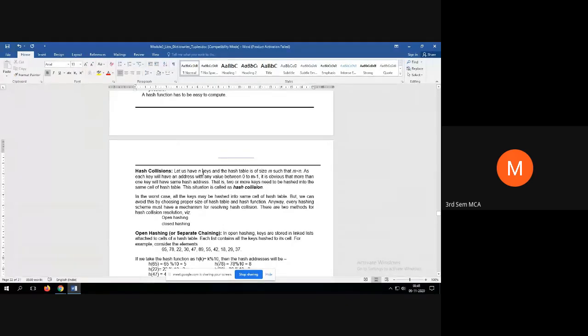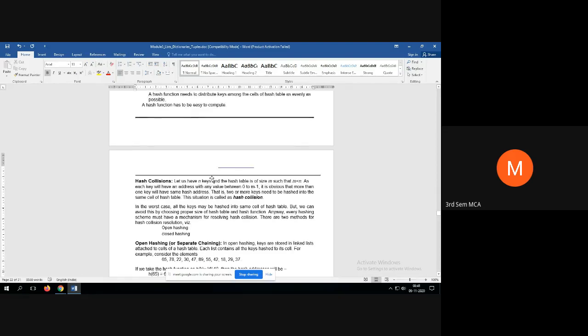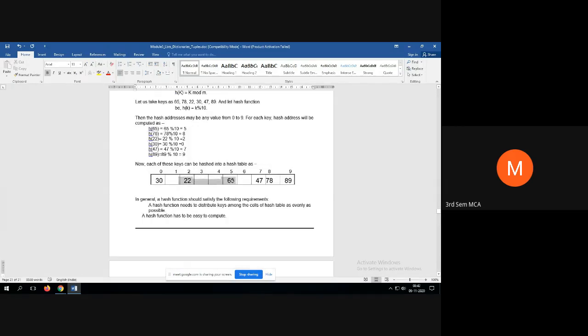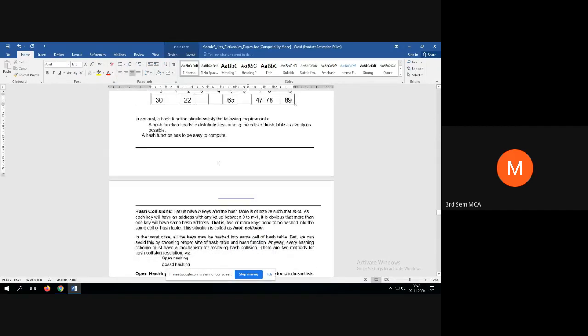Okay, you have n keys and a hash table with size m, where m is less than n. Each key will have an address with any value between 0 and m minus 1. It is obvious that more than one key will have the same hash address. So that's the problem I told you about. When more than one key has the same address, it becomes difficult for us to store multiple elements in one cell,